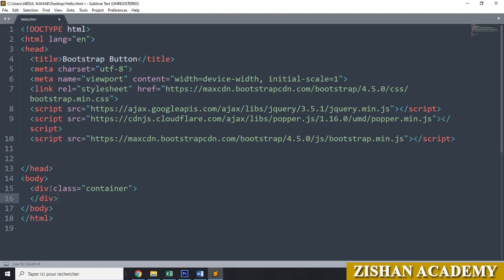Then in between this class container, we will go for h1. You can give any content here. I am giving Jisan Academy. Close this tag.